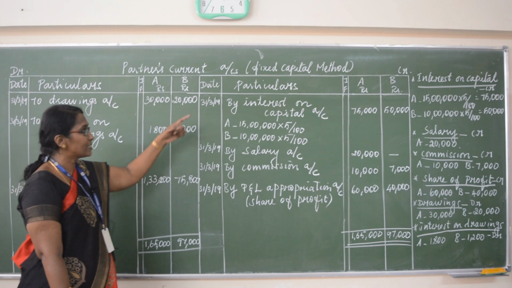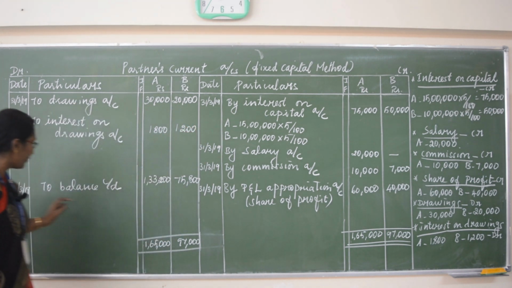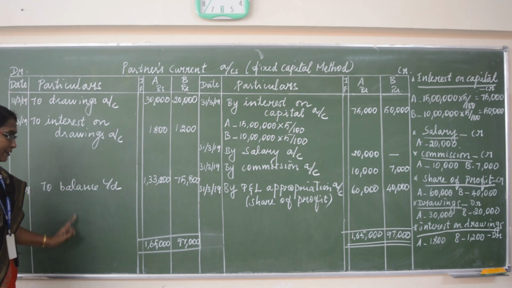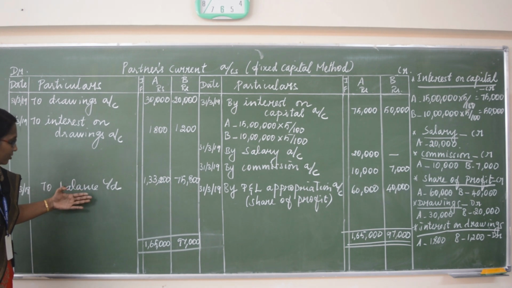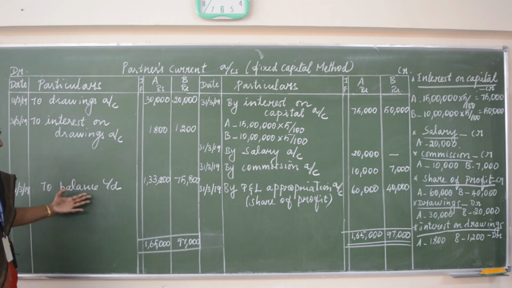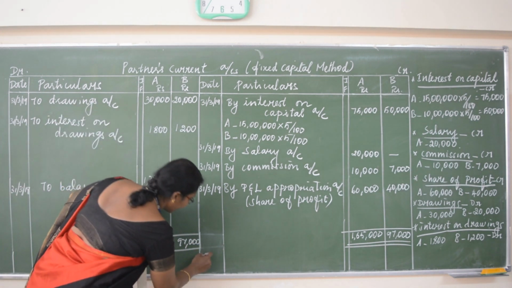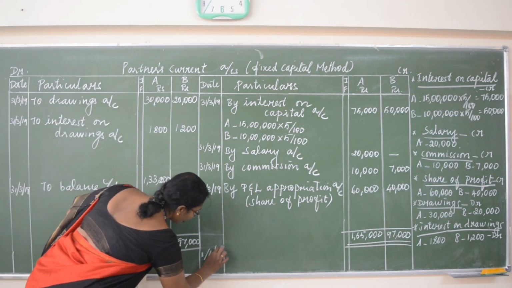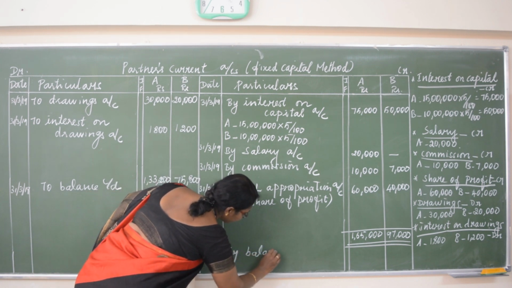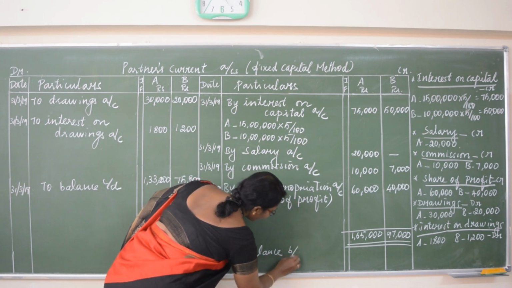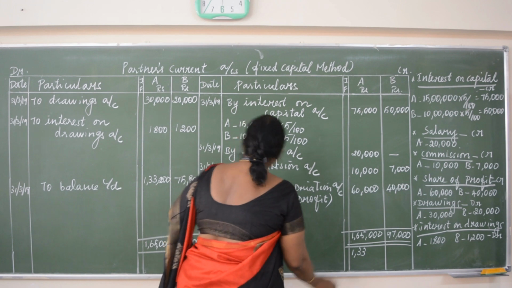So opening balance, there is no opening balance in current account. It is not given in the question. So we only get closing balance here after doing all these calculations. So we can write this closing balance as opening balance to the next year. So I write here 1/4/2019 by balance brought down, 1,33,200,